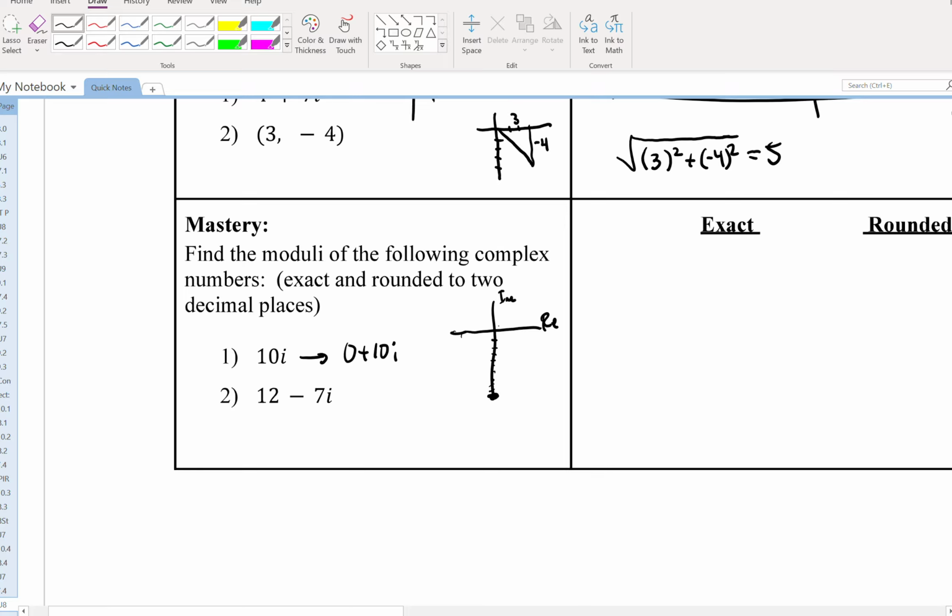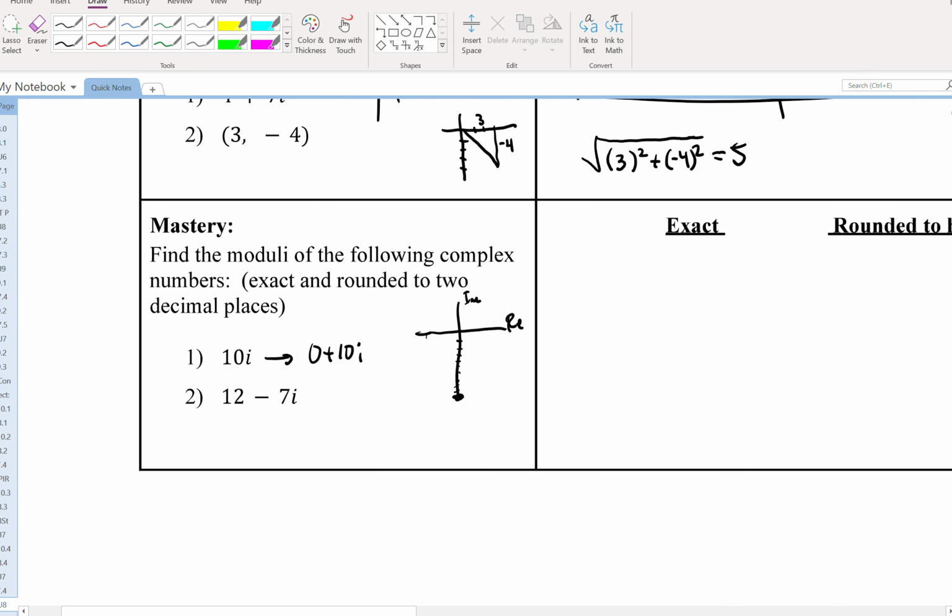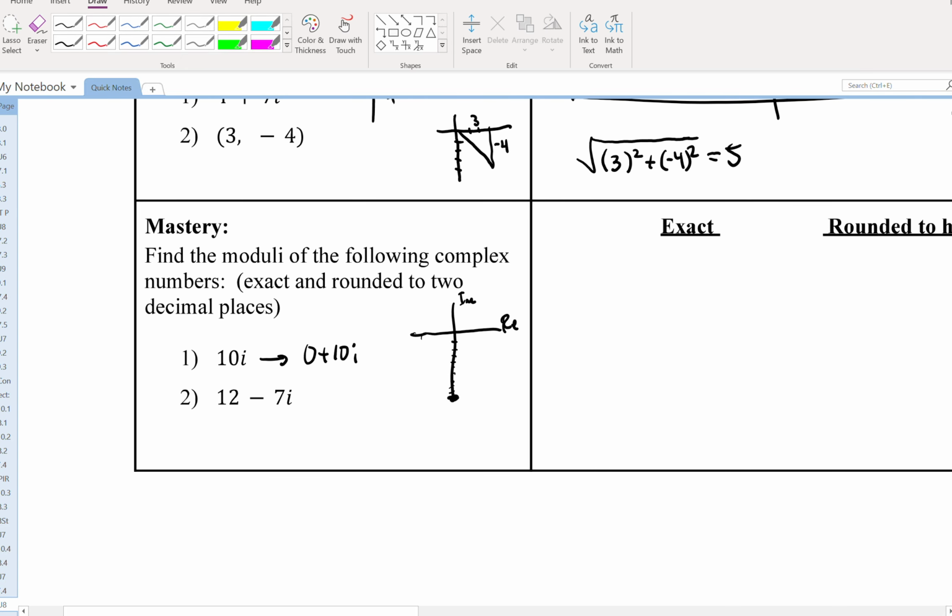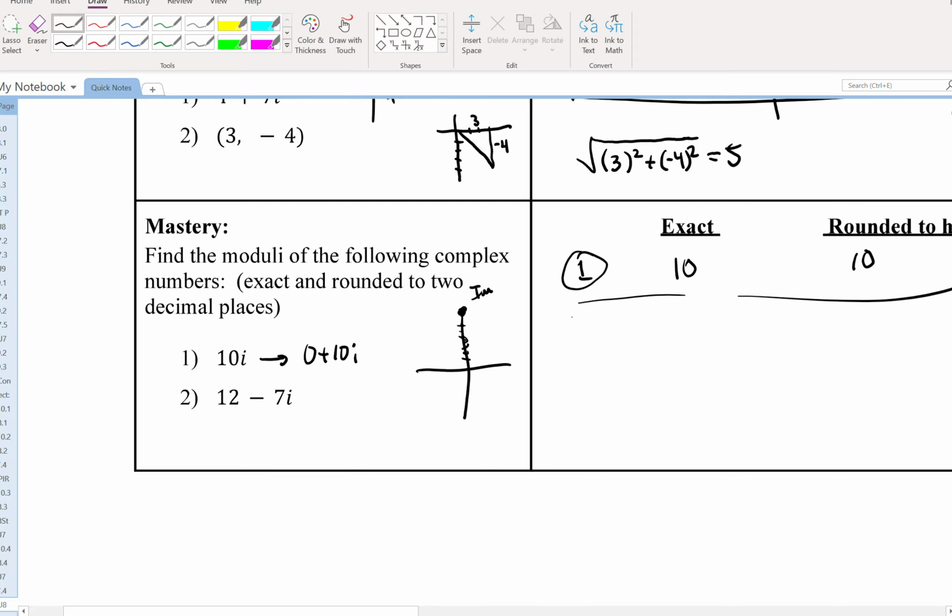It's just that point that's 10 down. There's no triangle to be made of this. And so its modulus, I'm sorry, it's not down, excuse me. It would actually be up here, 10. And so this is imaginary. There's no real component to it, and so it would just be up. And so its exact value would be 10. And its rounded value would be 10. And so that's what you'd get for number 1. Number 2,